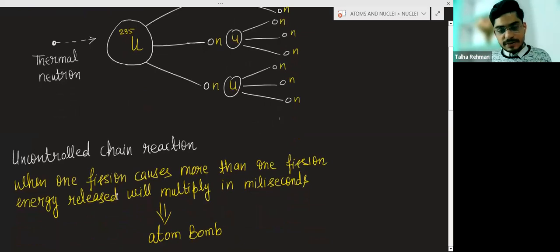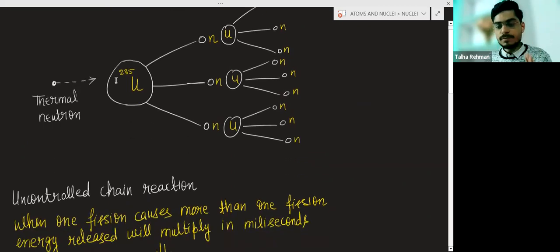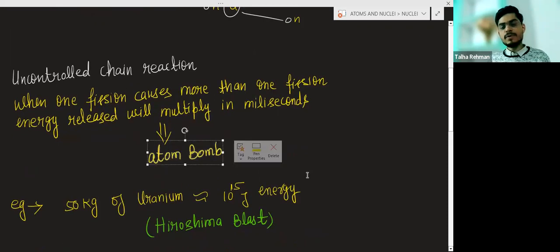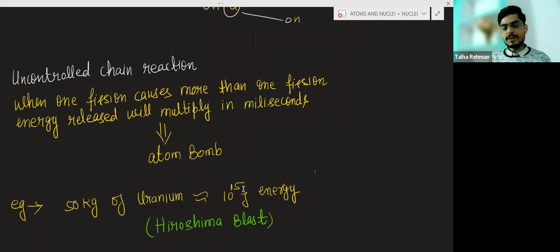So in an uncontrolled chain reaction, energy release will multiply, means a tremendous amount of energy will release in milliseconds. And basically this uncontrolled chain reaction is used in the atom bomb. For example, if you take 50 kg of uranium, you can get 10 to the power 15 joules of energy. So in previous years, in the 90s, there was an incident in Hiroshima, that is in Japan. So USA